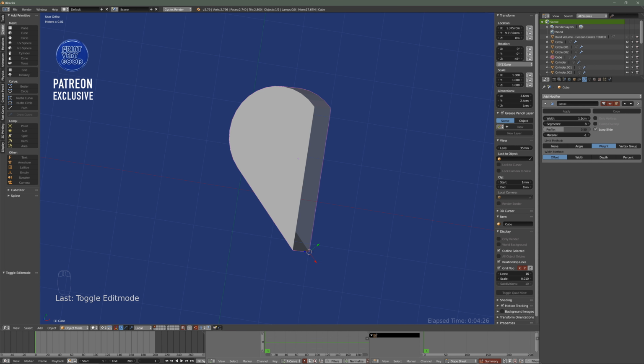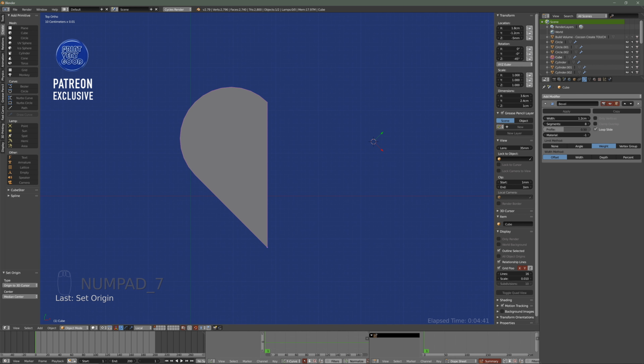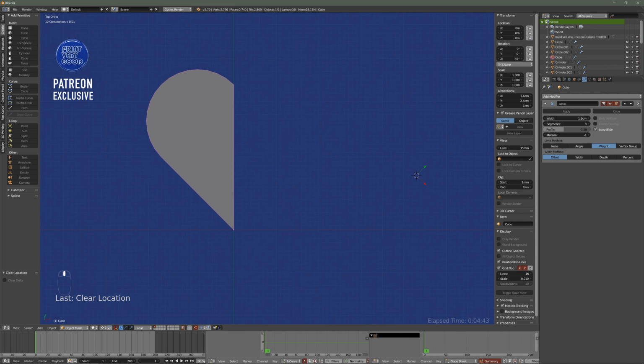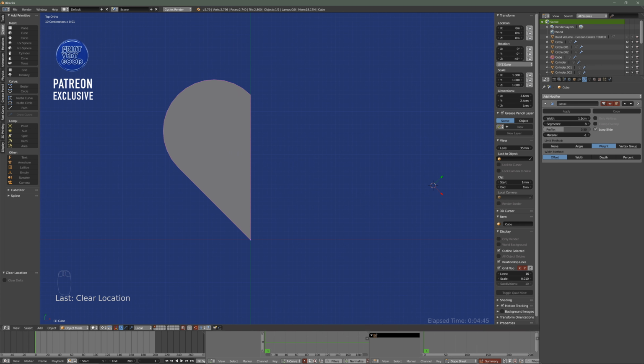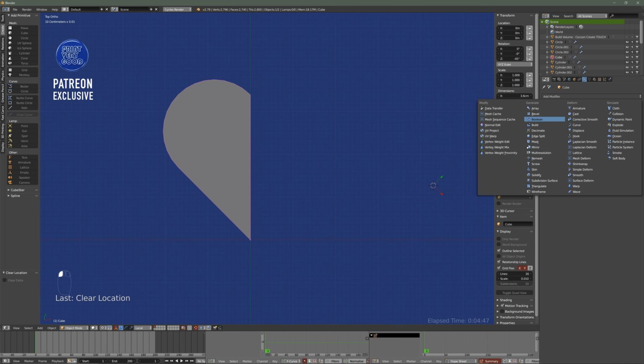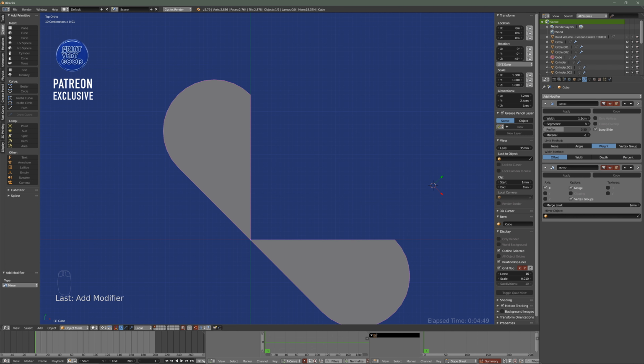Come back to object mode, and I'm going Control-Alt-Shift-C, and I'm going to set my origin to the 3D cursor. So now the origin of this object is set where that 3D cursor was. So now if I hit Alt-G, it'll snap that to 0. I'll put a mirror modifier on this object, and you can see here my rotation's off, so I need to apply my rotation,